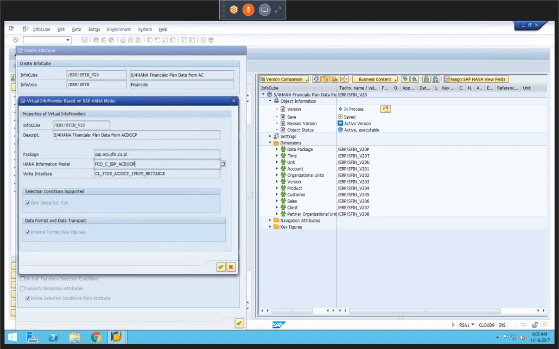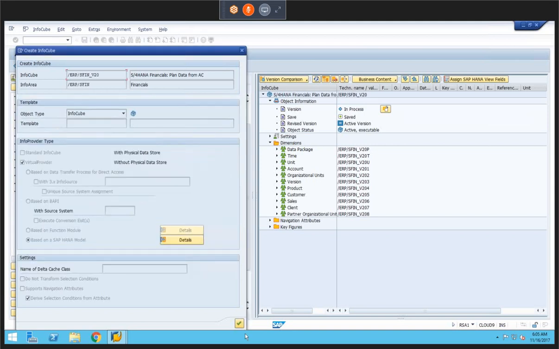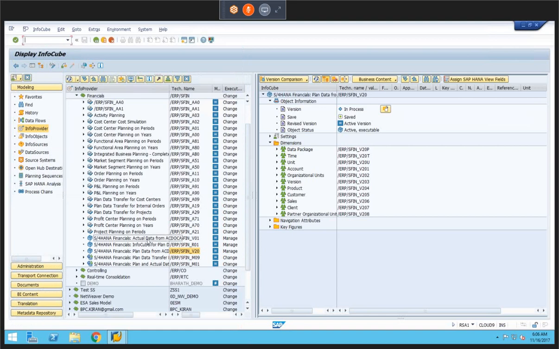The view for this HANA information model is FCO_C_IBP_AC.P. I'm going to explain these views and all these things clearly later; I'm just giving an overview. This is the view, HANA information model, FCO_C_IBP_AC.P. The same way, if you see the virtual provider of this actual data from ERP S1 V01,